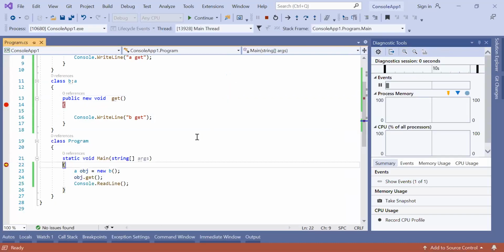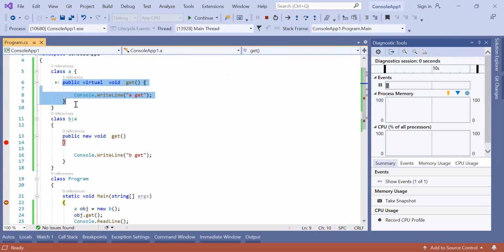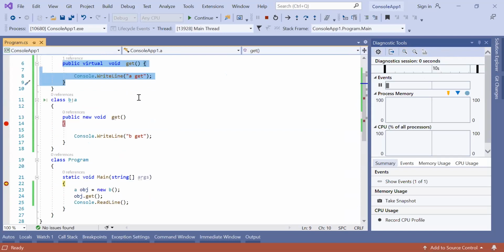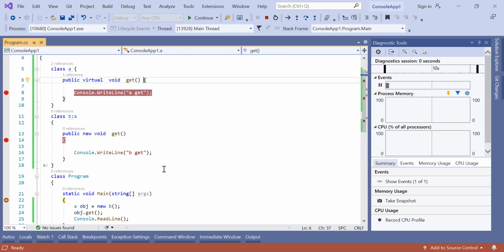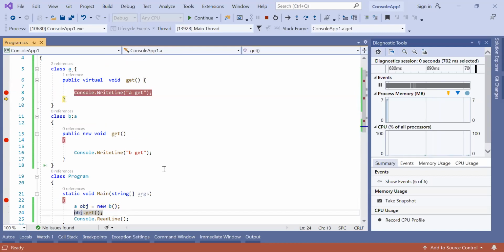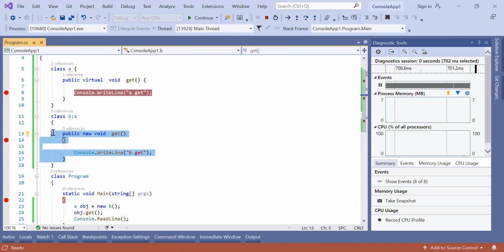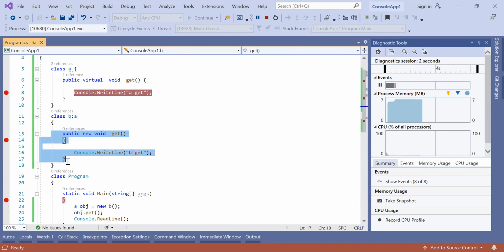Now what will happen? Now this will get called, right? Should we move? Can you put a breakpoint over there in the class? Yeah, we can put it here. Now A, and then I directly jump here, then we print it. In the case of new, it is not coming here, which means it is hiding this one. Yes, it's hiding.